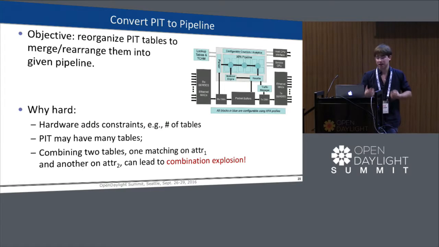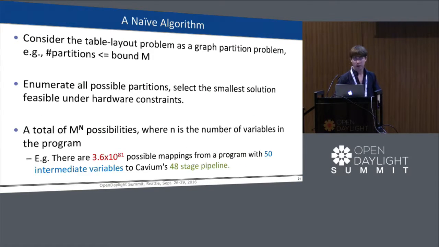Secondly, there might be many, many tables within a PIT. And thirdly, combining 2 tables, one matching on attribute 1 and another on attribute 2, can lead to a combination explosion, precisely the difficulty that we set out to avoid when we broke the program down into PIT tables in the first place. One naive algorithm is just to consider the table layout problem as a graph partition problem, where